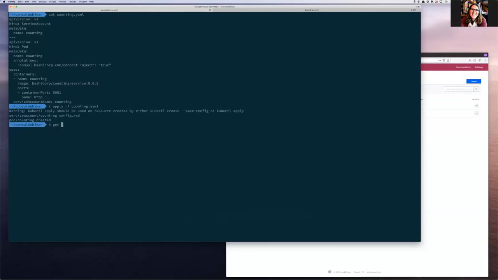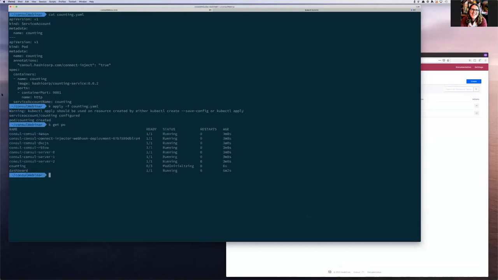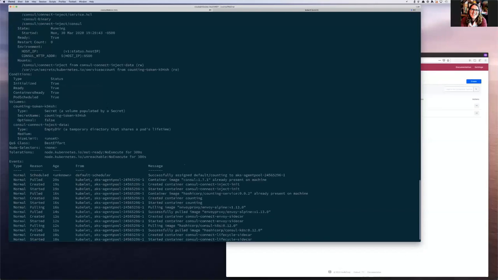And we can see that we now have our counting pod starting. But what's interesting here is we have 3 containers running within this. So if we dig into this and we describe the pod counting with Kubernetes, we can actually see up here